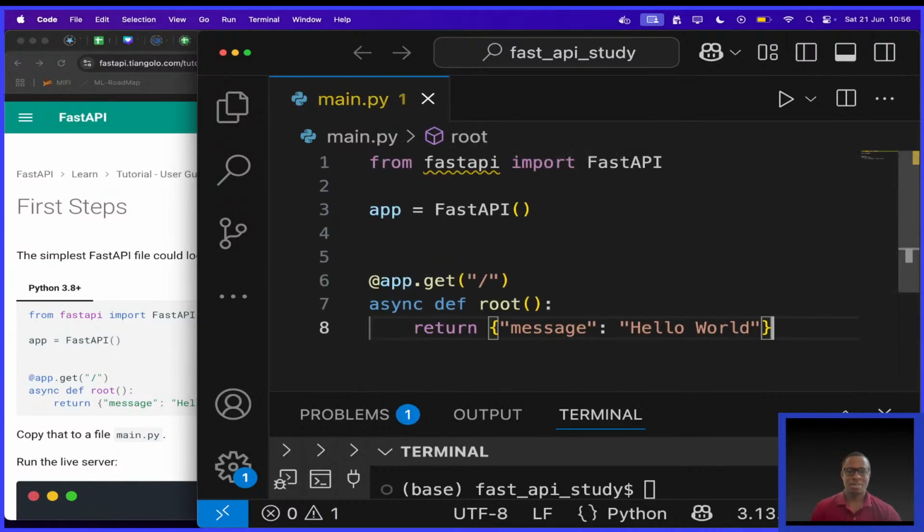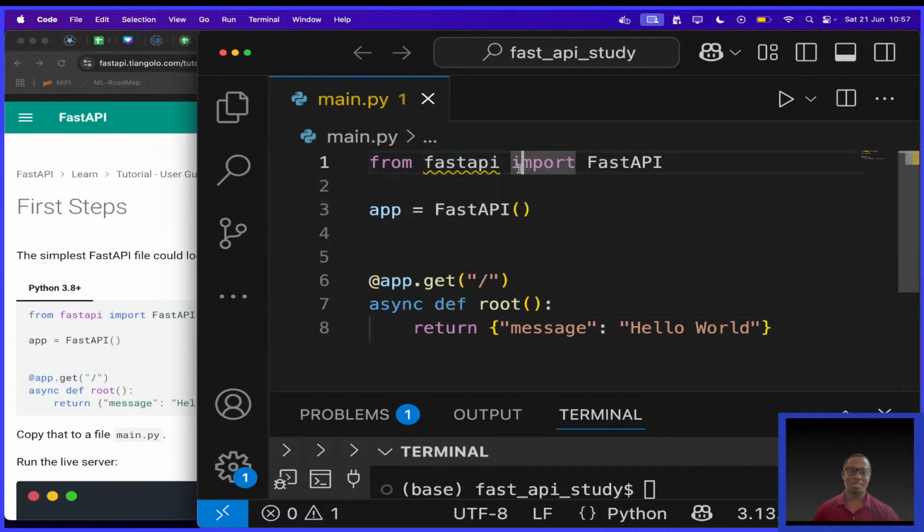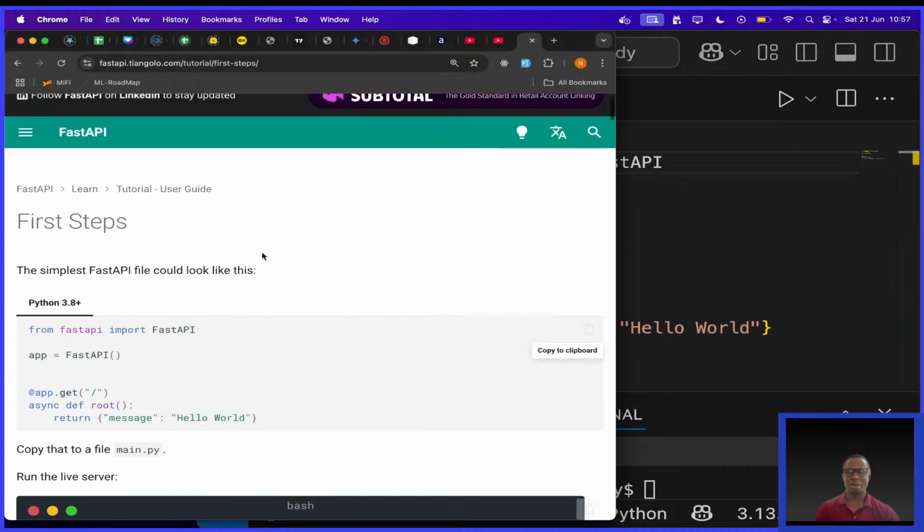Okay, so this is of course an issue. Who can guess? I think this is obvious. It's because I've not installed FastAPI. So I need to install FastAPI, and I feel this should have been the first instruction here, probably.